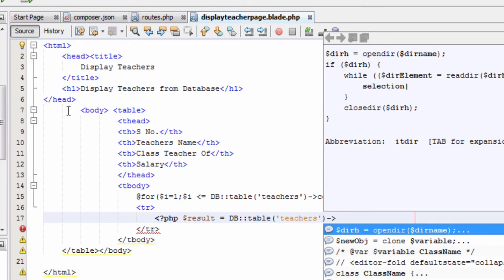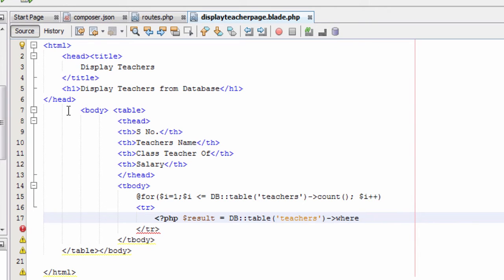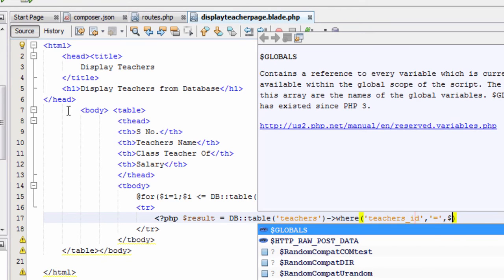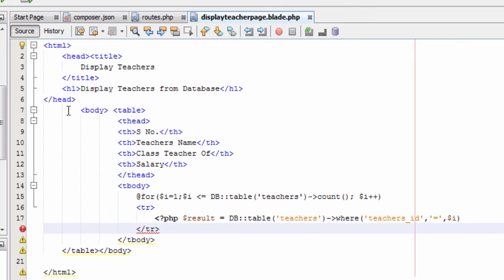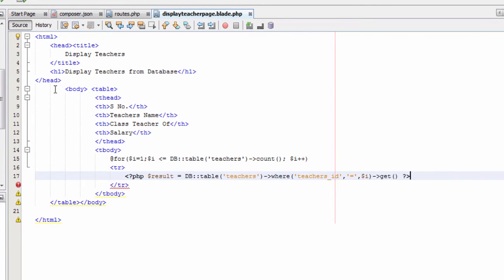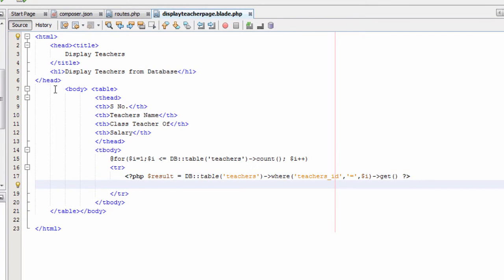Dollar result equal to DB double colon table, bracket start, single quote teachers single quote, bracket, hyphen greater than sign where, bracket start, single quote teachers_id single quote, comma, single quotes equal to single quotes, and comma $i, bracket close, hyphen greater than sign get, bracket start, bracket close, question mark and then greater than sign. That is the closing PHP tag.